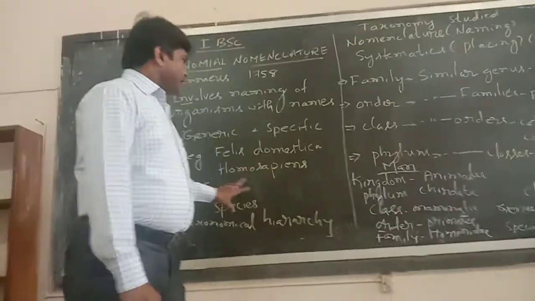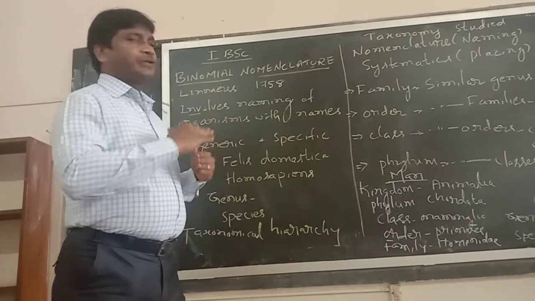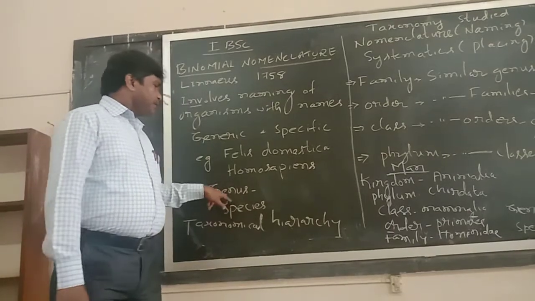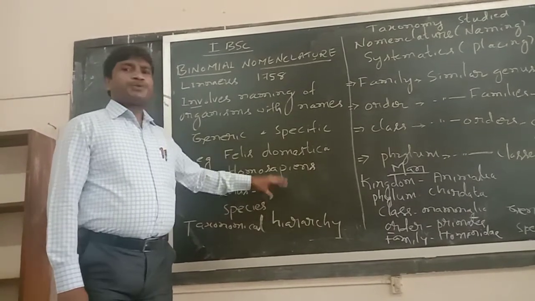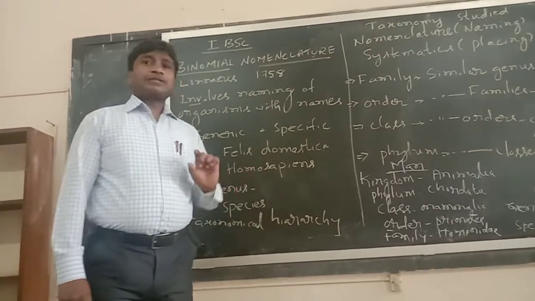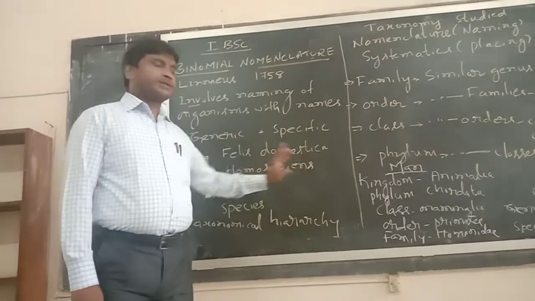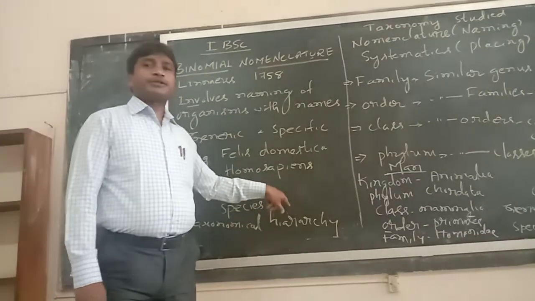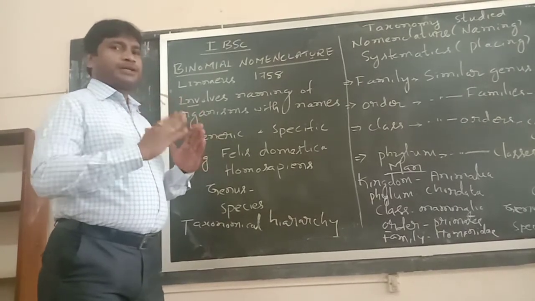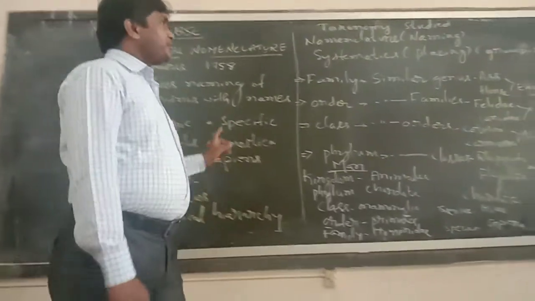So like that, first they are made into a particular group. So this is naming and grouping. Here is another important aspect: genus always starts with a capital letter and species always starts with a small letter. So all of these are known by two names, genus as well as species.